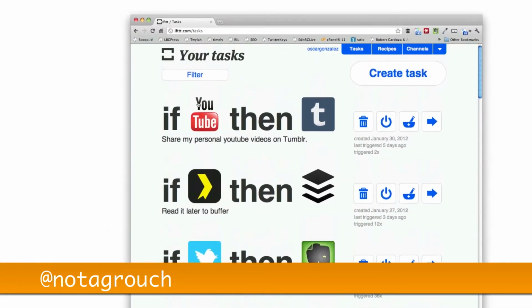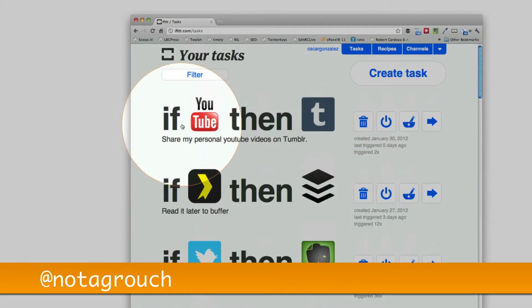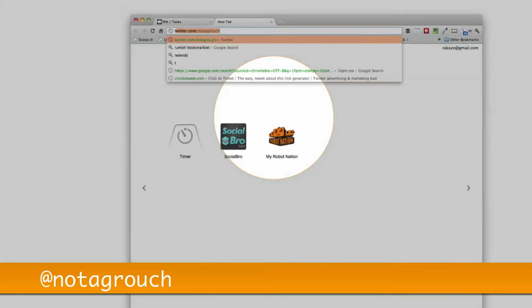So this one is if YouTube, then Tumblr. What that means is that if I post a YouTube video to my personal video channel on YouTube, I also want it to be posted on Tumblr automatically. And I'll show you how that works. So if I go to my Tumblr,